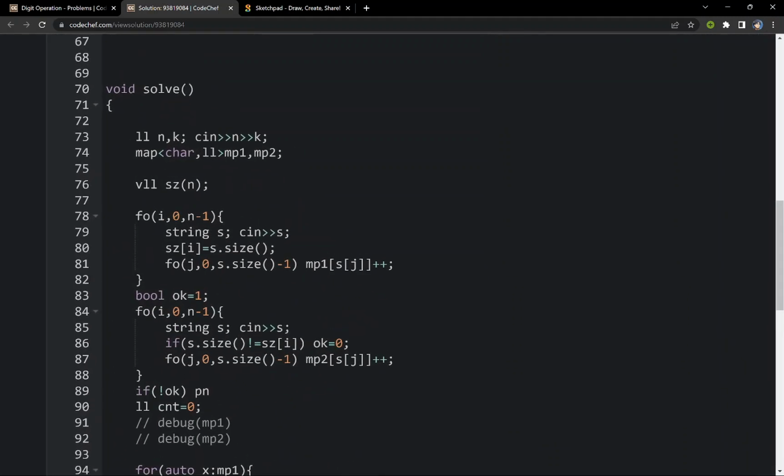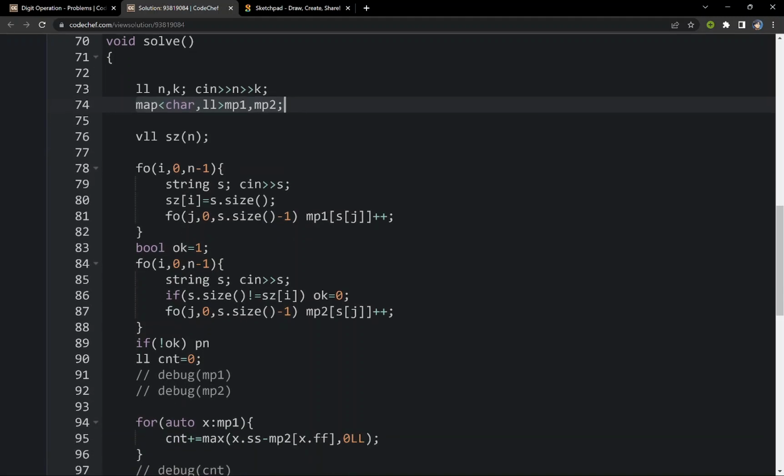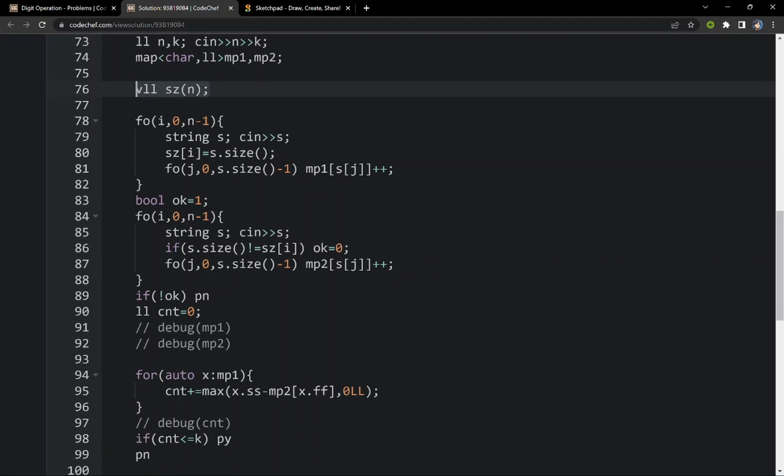I have taken n and k as input and made two maps which will store the number of characters in A and B. I have initialized the size vector which will store the size of the ith number in array A. For each ith number of array A, I am taking a string as input, putting the size of the ith number in sz and incrementing the count of each character.